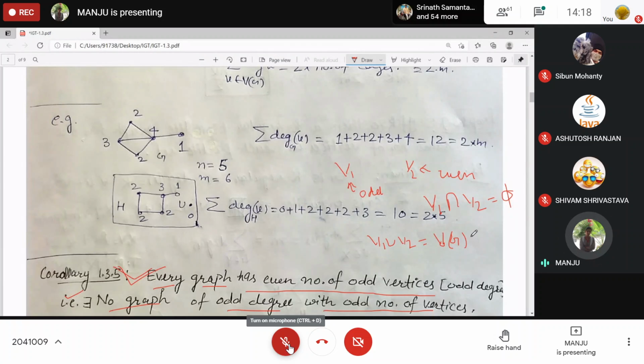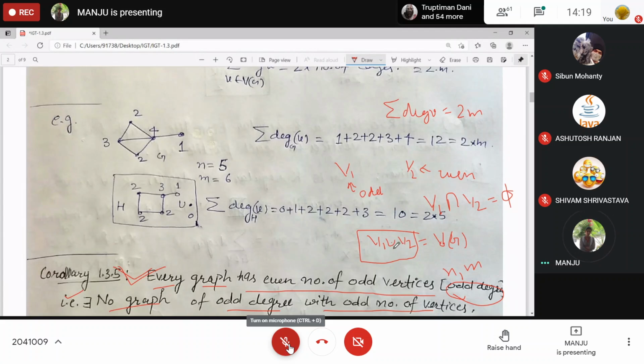Now, if G is a graph with n vertices and m edges, then what can you say about degrees? Because we want to show something about odd degree, I'm taking the degree sum formula. The sum of degree of v from 1 to n is 2m. And as V is the disjoint union of V1 and V2, meaning the union gives V(G) and the intersection gives phi, there is nothing common.